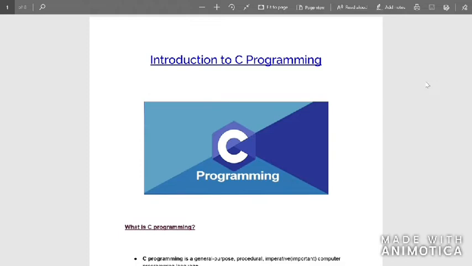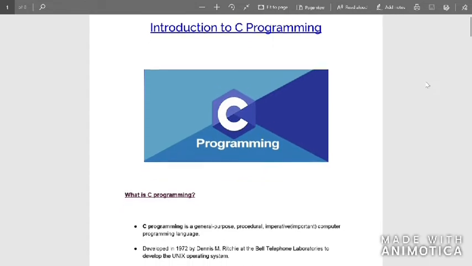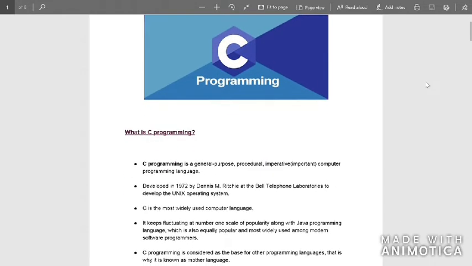So what is C programming? C programming is a general purpose, procedural, imperative computer programming language. Let me break it down for you. General purpose means we can use it generally, for something that we use daily. For example, you all must have had maths classes, so definitely you can write a program to find the sum of two numbers, three numbers, four numbers, n number of numbers. You can write a program to find the product of two numbers, or you can even write a program for the billing system that you have in a shop or a mall or anything. That is what is meant by general purpose.